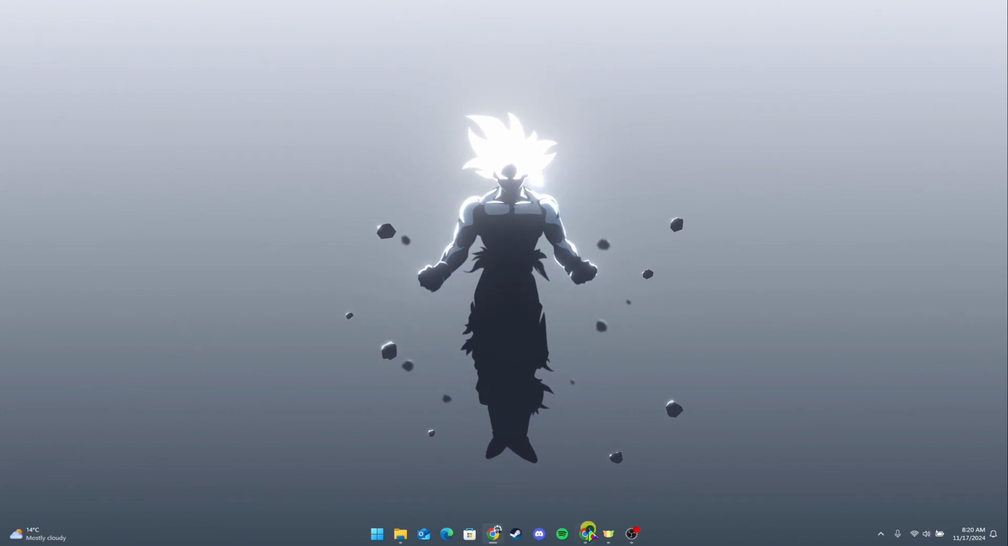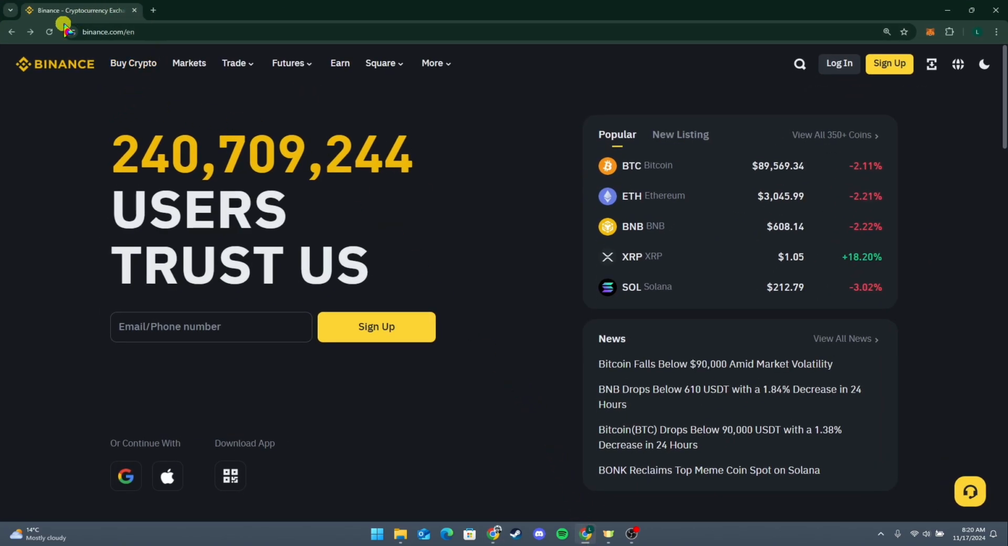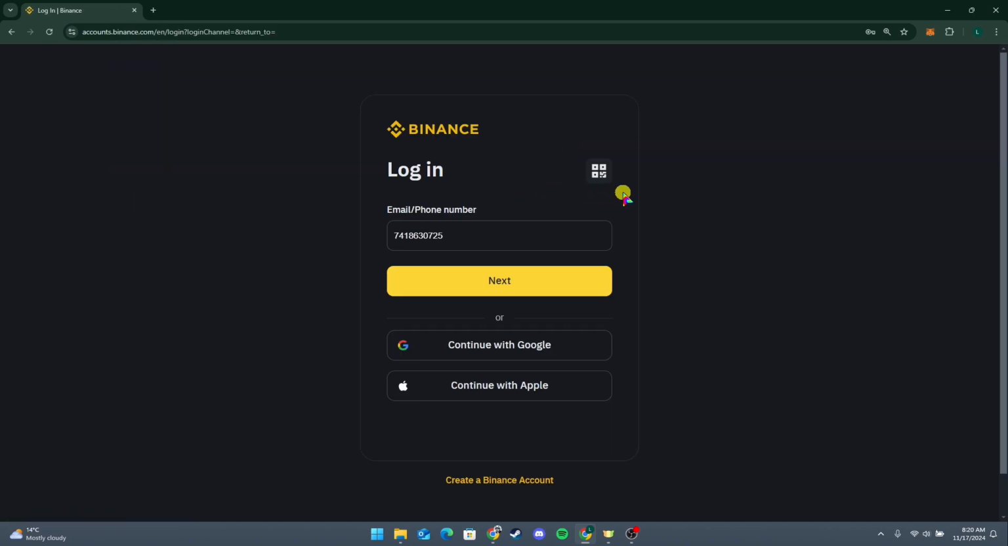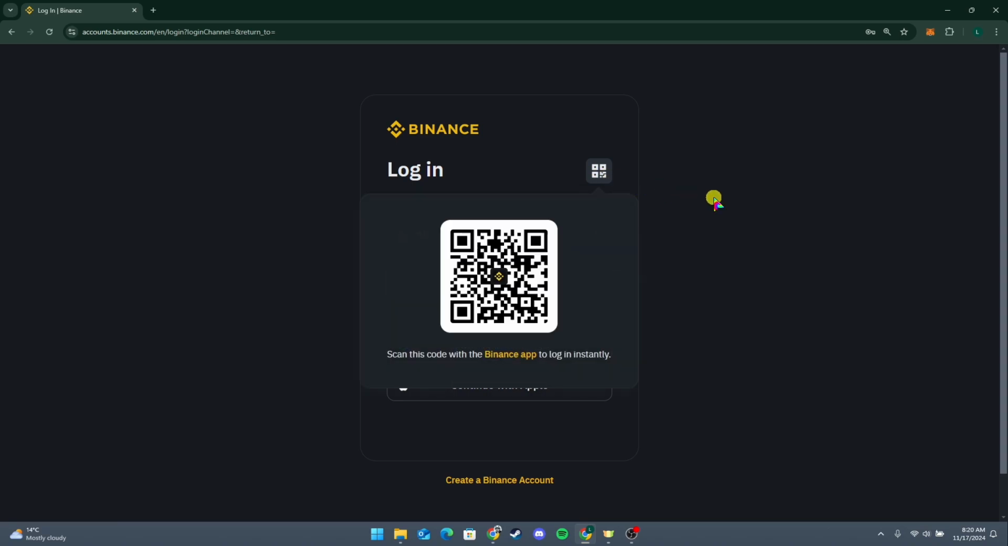After that, open up your preferred web browser and head over to binance.com. Now click on Login button. After that, you will see a small QR code button here. Click on it. Now, scan the QR code using your phone's camera